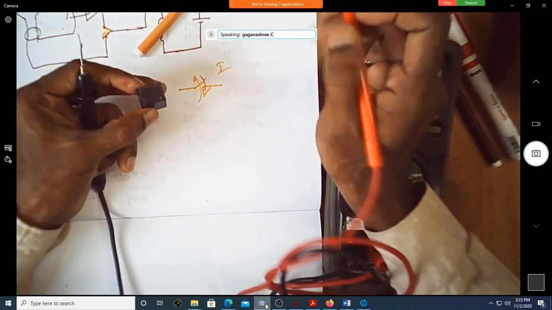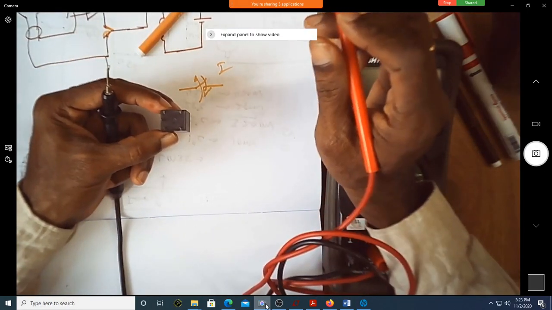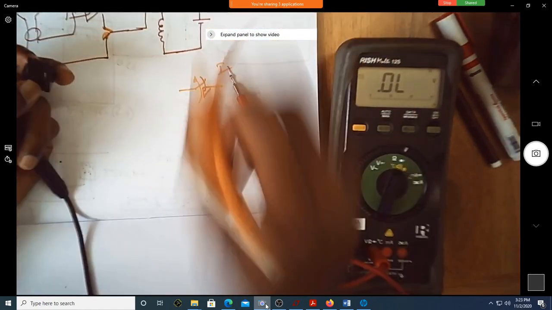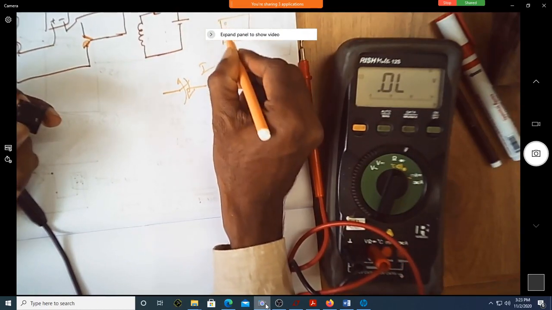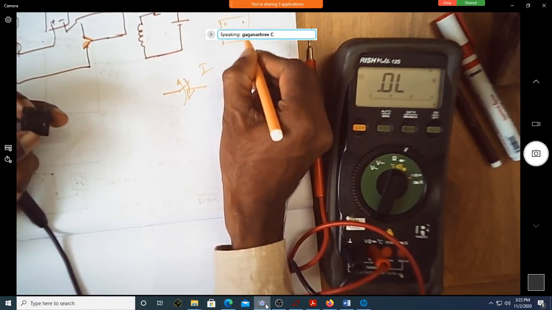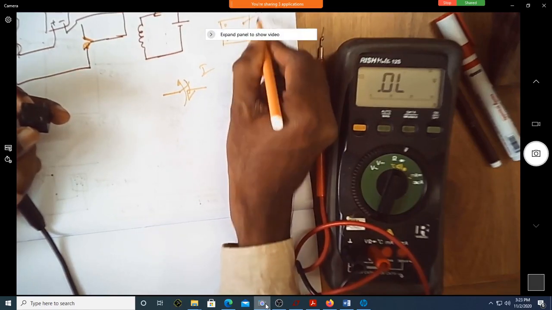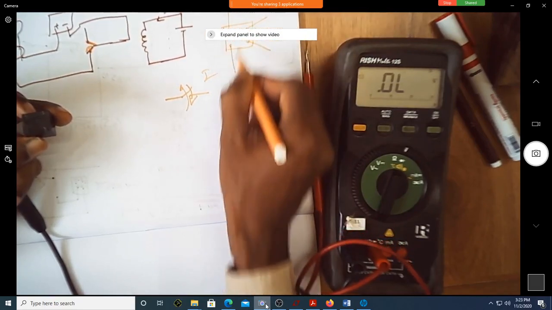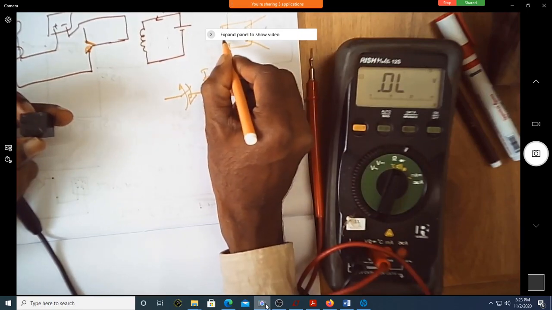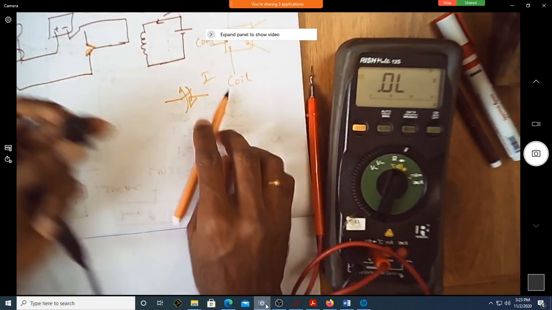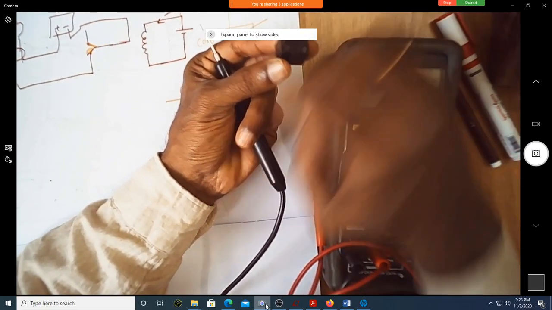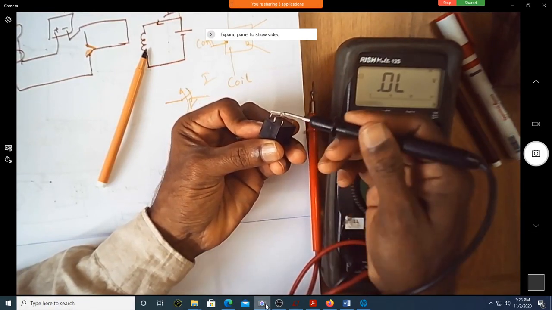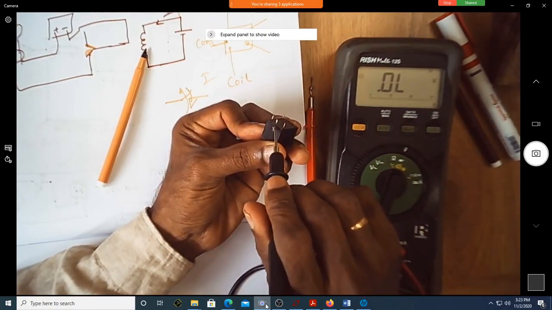There is a slight difference between the terminals on your Tinkercad and the actual relay. Let me write that. So this is 1, 2, 3, 4, 5. These are only 5 terminals. This is the coil, two ends of the coil. See here, this is the coil and this is common. Can you see this terminal? This and this are the coil and this is common. Can you see this?